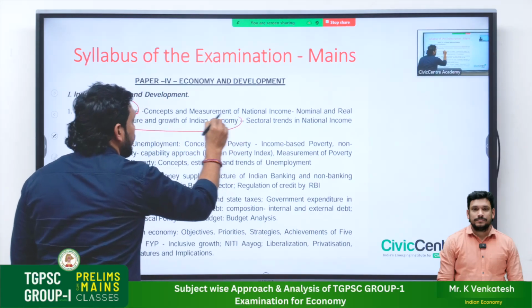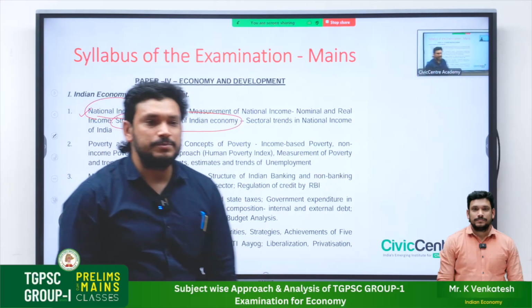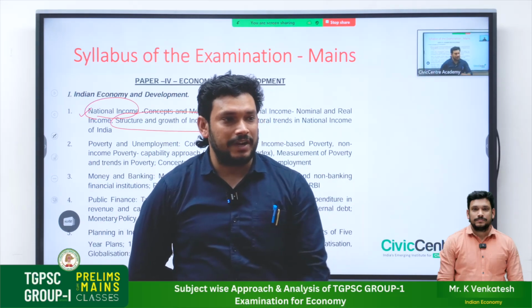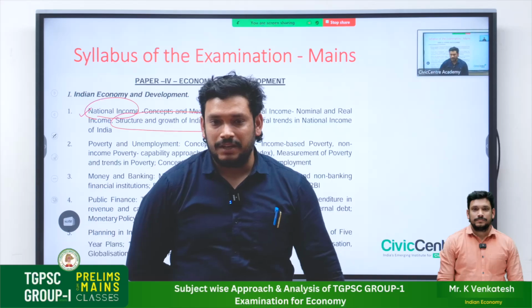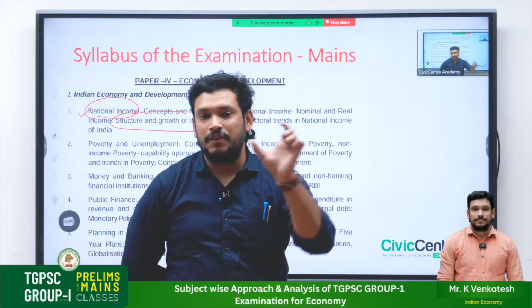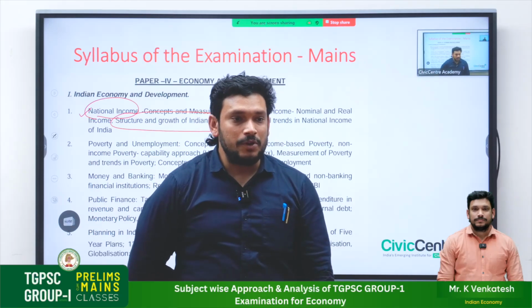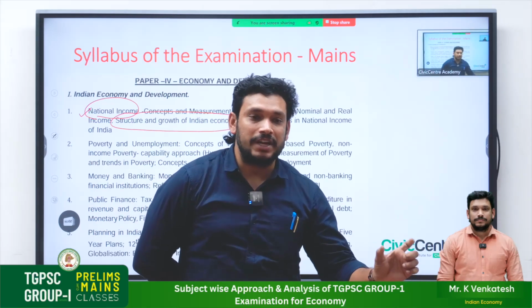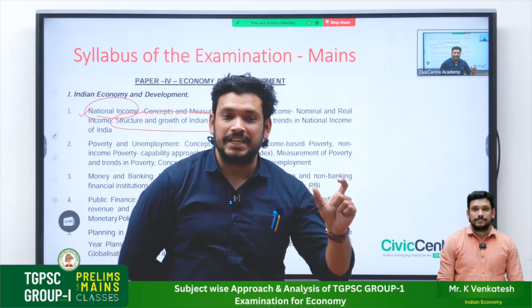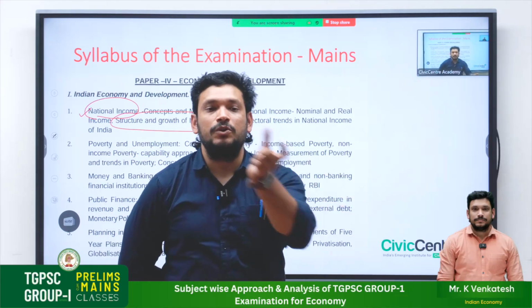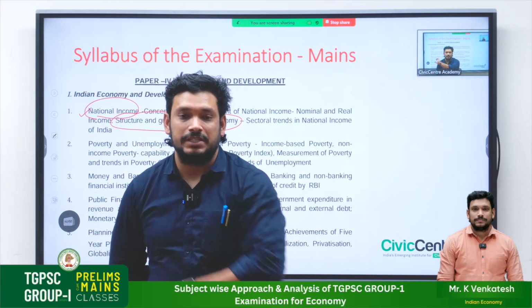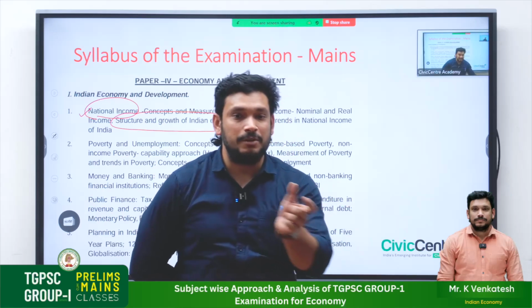Next is the structure and growth of the Indian economy. What are the different types of sectors that we have? First, we have agriculture, right? Now, we have industry, right? We have services. These are the three different sectors which are driving our economy. Now we will be looking at how the agricultural sector is changing over a time period, whether more people are practicing agriculture or shifting to industry, or skipping industry and shifting to services. We will be looking at those trends.